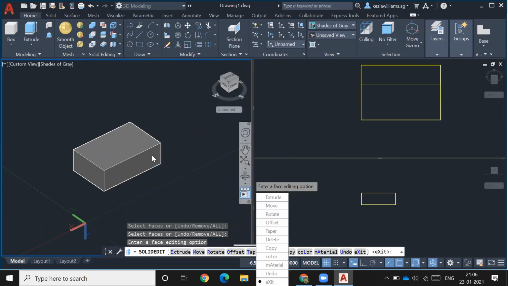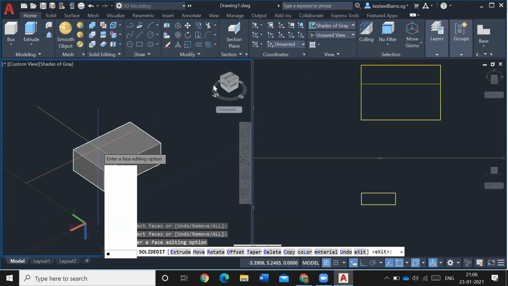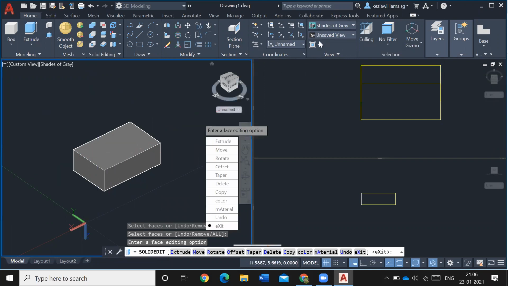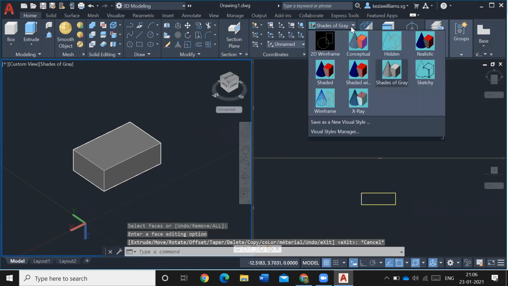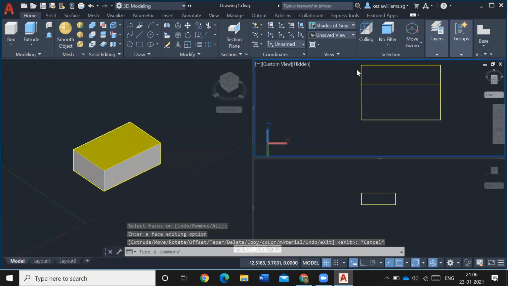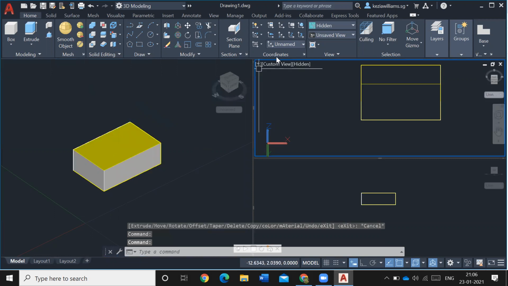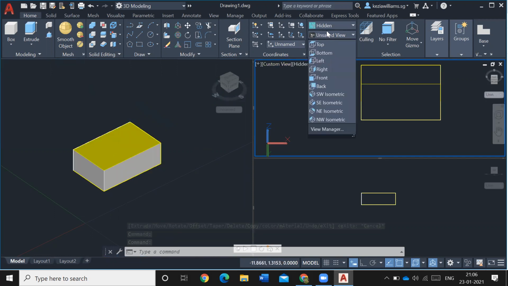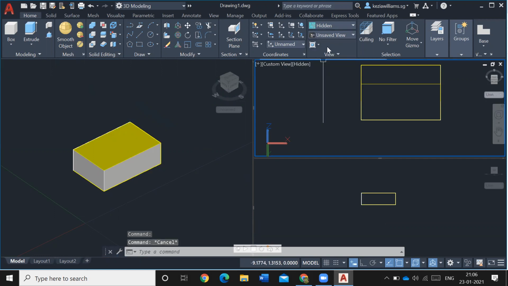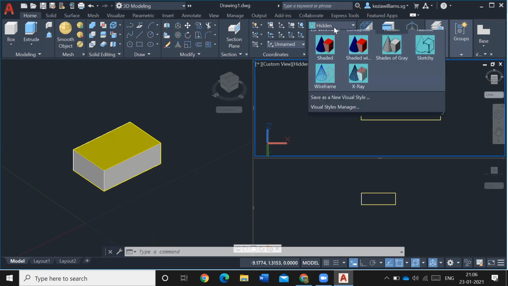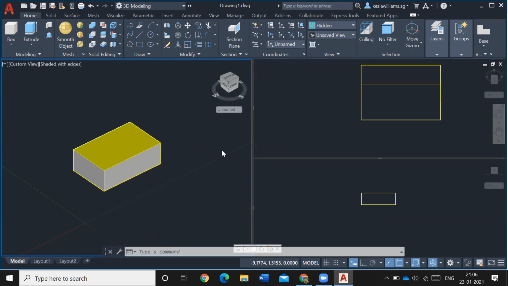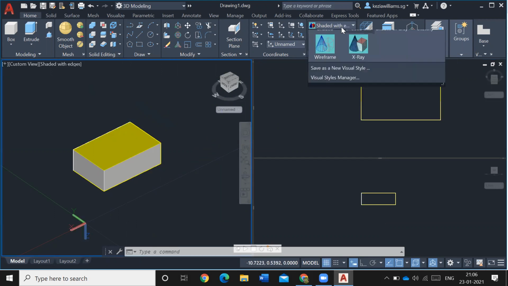Now the color is already changed, but the reason you cannot see it is because of the shades of gray. I changed the color to, see, now you can see the yellow color. Now you cannot see the yellow color. It's because of the view. Yeah, hidden. Okay, sorry, click here, so it shows you that.